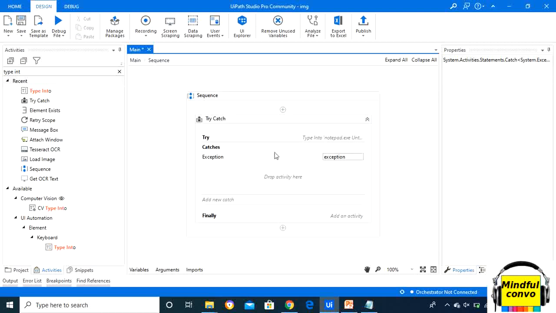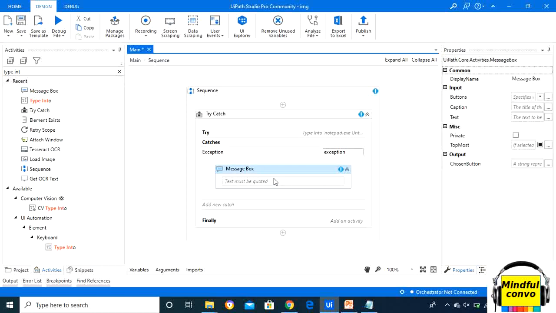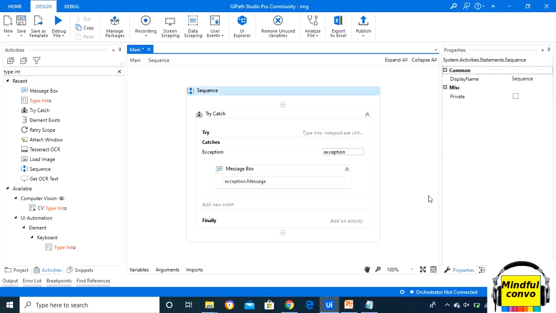Now in the catch block we will drop an activity, like a message box, and in the message box we can write exception.message. Here we get the message of what kind of exception we are having. So the catch block provides us the exception that is thrown by the try block. Now we will run the file and see what happens.